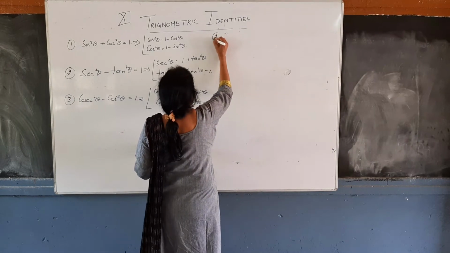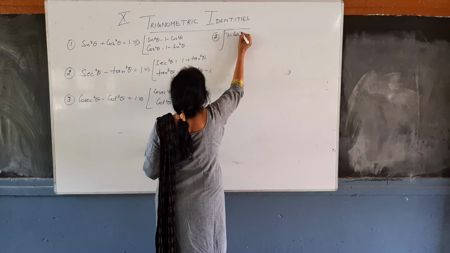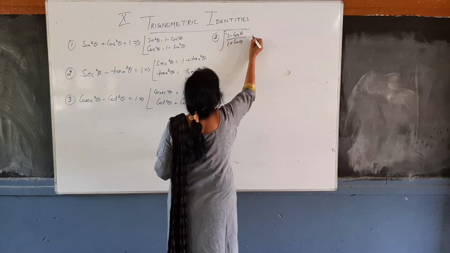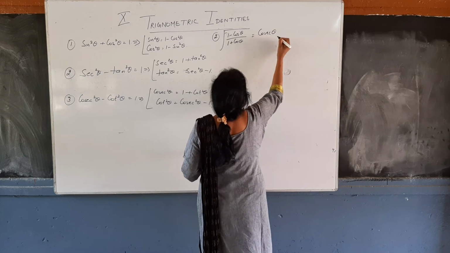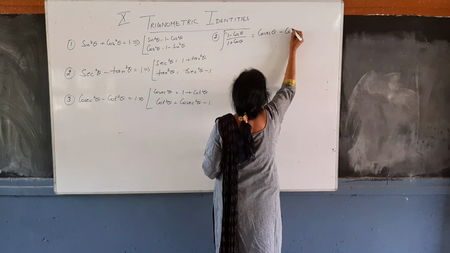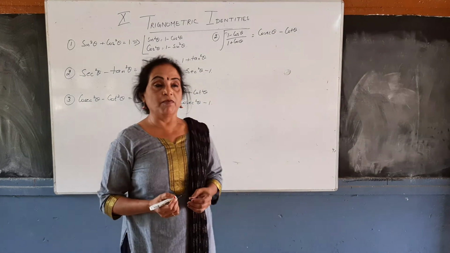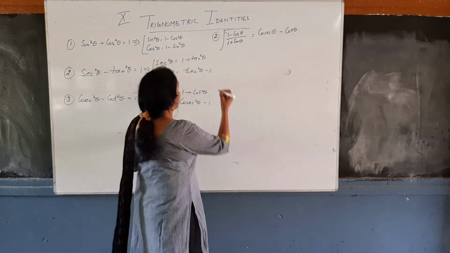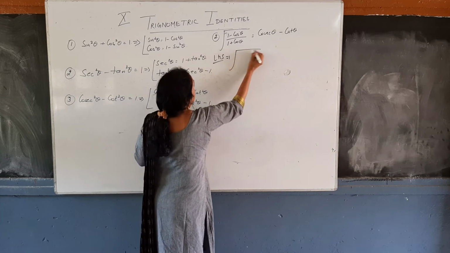Second question: if it is given, under root 1 minus cos theta upon 1 plus cos theta, it is equal to cosec theta minus cot theta. Now, under root 1 minus cos theta upon 1 plus cos theta equal to cosec theta minus cot theta. Again we will take LHS, that is under root 1 minus